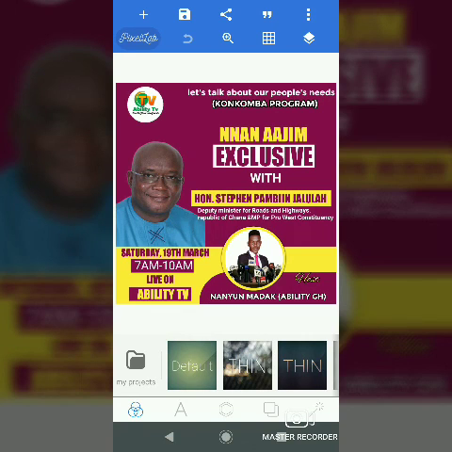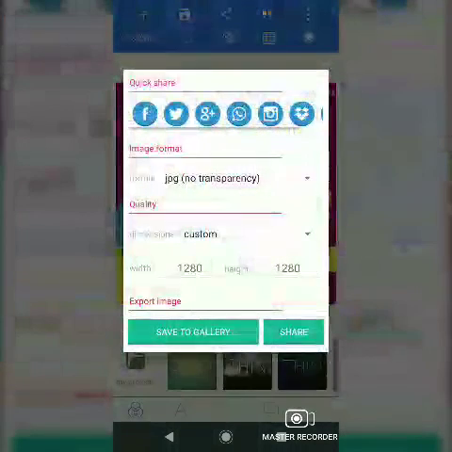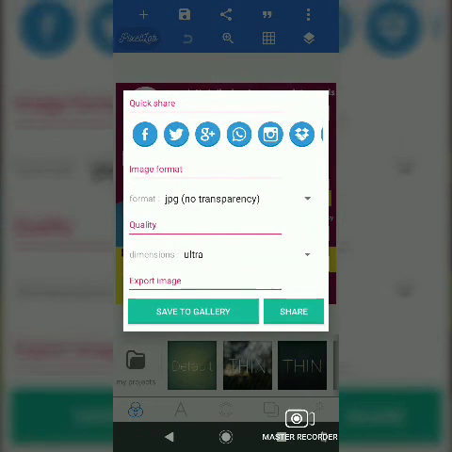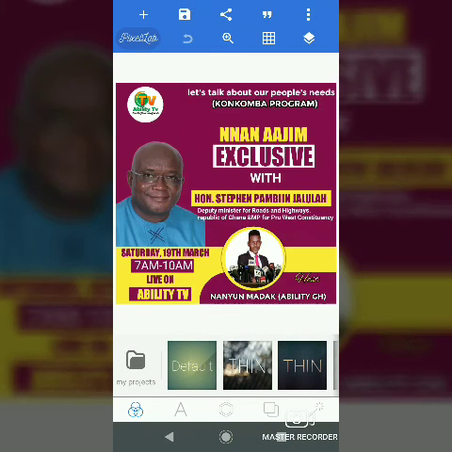So if you want to save the image so that it will come inside your gallery, then you go to the save icon on the top here. You see save as project and you see save as image. So you press save as image. When you see save as image, you come down, you see dimension. Change the dimension from custom to what? Ultra. That one will look more appealing. Then you press save to gallery. Your project is saved to your gallery. So now come to your gallery. You see